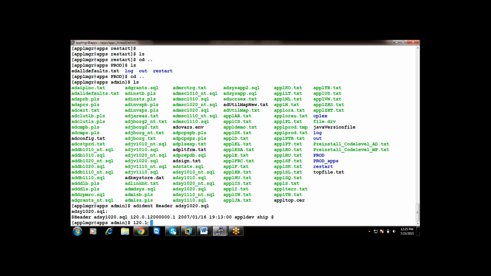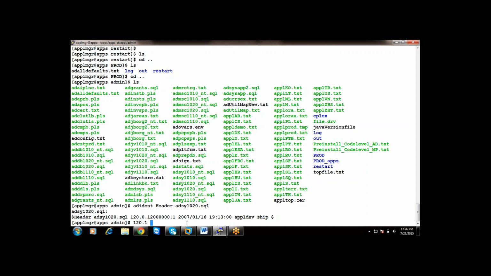Yes, AD patch will copy the file, because the version of the file which the patch brings is higher than the existing one. It means the next version of the file has some bug fixes. Is it correct or not? Yes, that is the reason why it is going to copy the file.